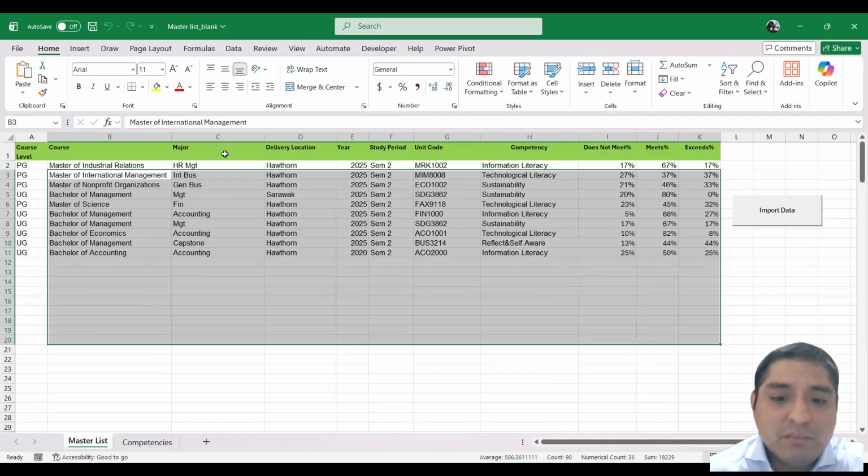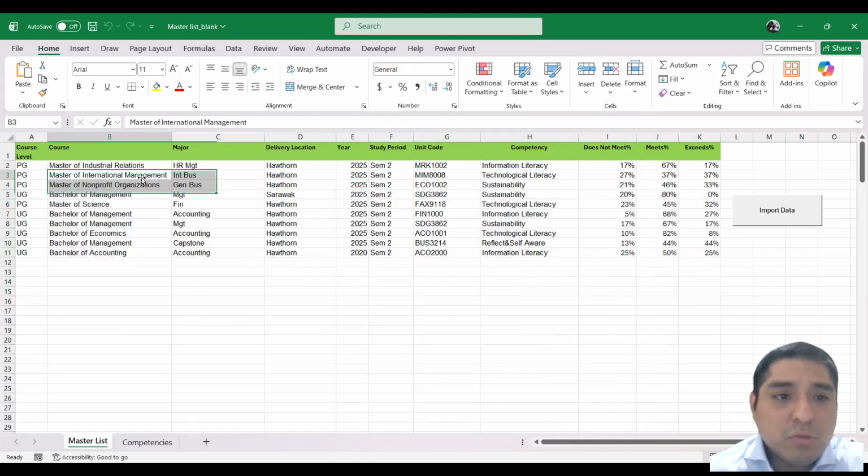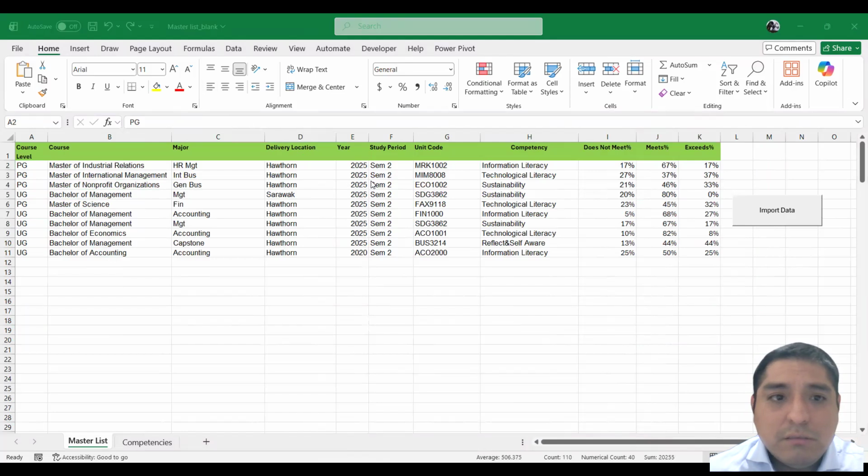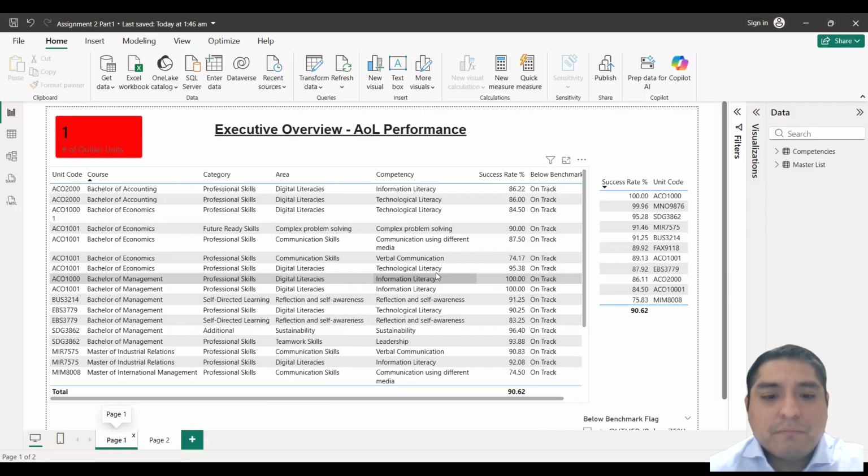And by automating this process in Power BI, so all of this information in here, we move from data entry to data analysis. Power BI. Now I will show you the assurance of learning outcomes dashboard that I created in Power BI, which is this in here. This tool will help managers monitor student performance against key competencies and quickly identify any areas below the 75%